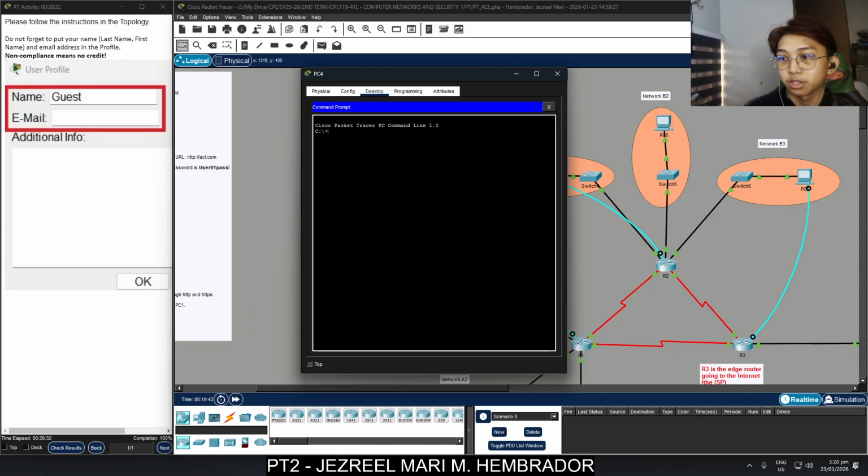I'm checking if PC4 can still SSH to R1. So we're going to type ssh -l user01 10.10.10.1. For the password, we're going to type user01pass.